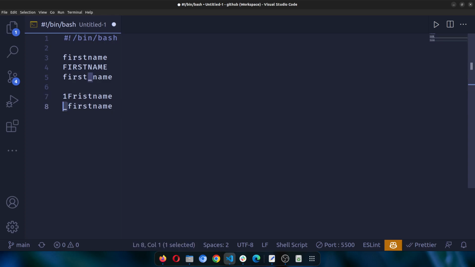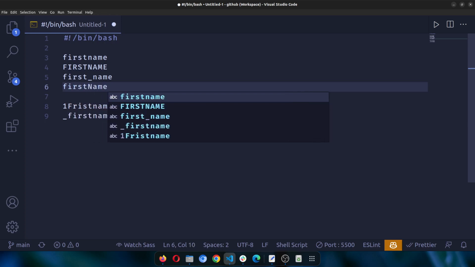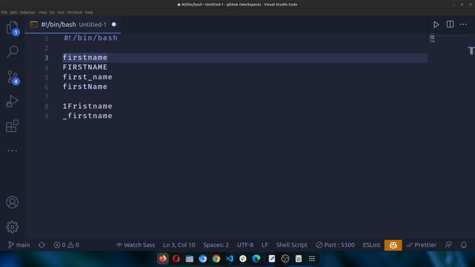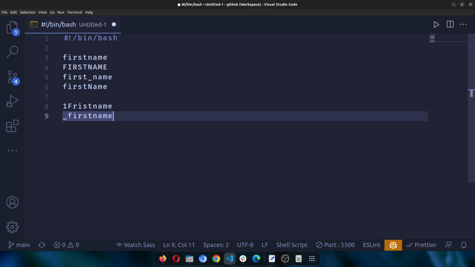This is like standard. These are probably the most acceptable ways to declare a variable name in your shell script, and probably any other programming language as well. You can also use camel case, so you can do something like firstName. You can use camel case, no problem with that. So you can use camel case, okay. So I'll just get rid of this, but